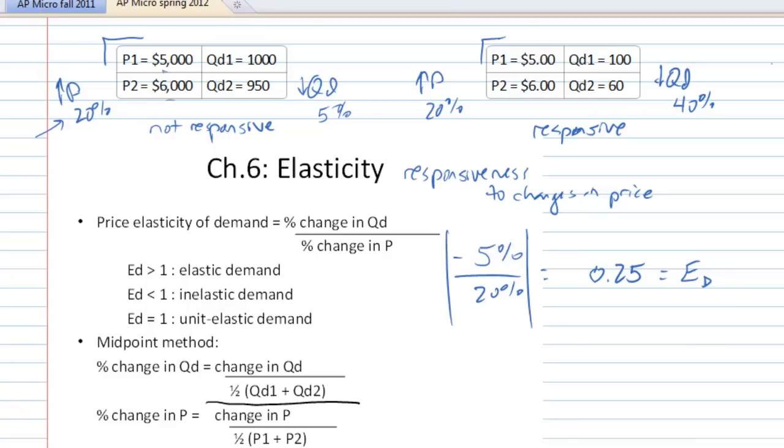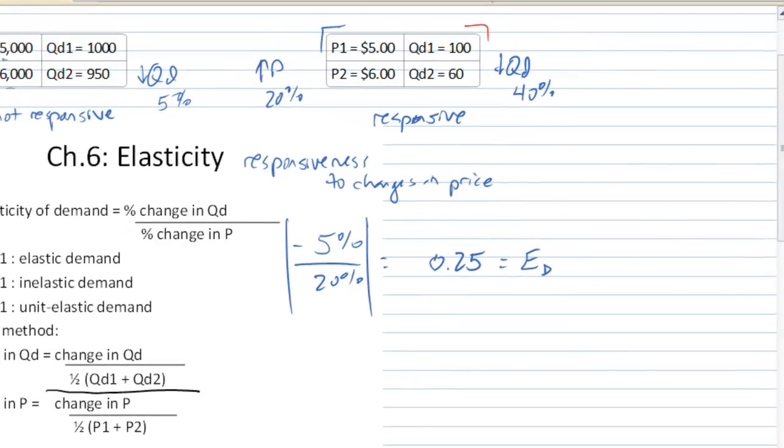All right, let's do this one on the right. Find the elasticity of demand for Jimmy John's subs given this data. We've got a 40% decrease in quantity demanded over a 20% increase in price. Again, absolute value gives us, let's say, 2.0. Usually it goes to the tenths at least when you're given these measurements. So it's an elasticity of demand of 2.0.